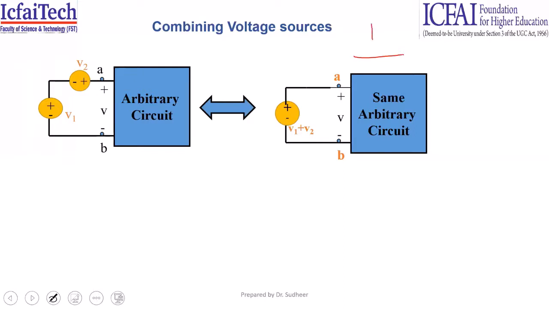There is one voltage source of 2 volts. That means this point is at 2 volts with respect to ground. Now, if we add another voltage source of 2 volts, so that minus is connected to plus, then 2 plus 2 will get added. Totally, we will have 4 volts. So what is the additive polarity? Plus of one battery is connected to minus of another battery.